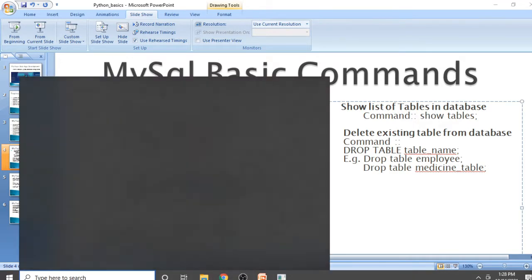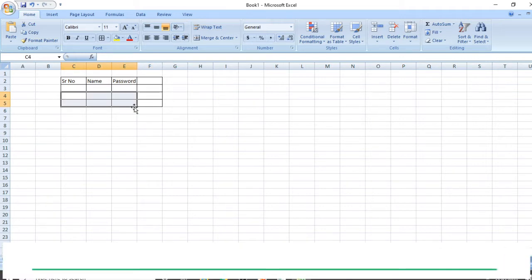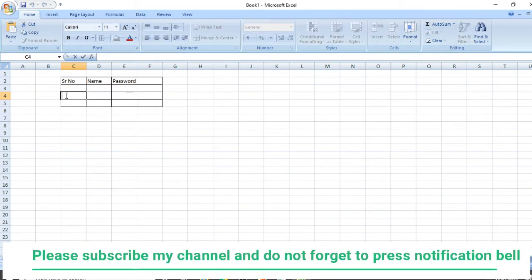So let's say with an Excel sheet serial number, second is your name, and third is your password. We require this data from the user to create a new login for a new user. The first one is the serial number.